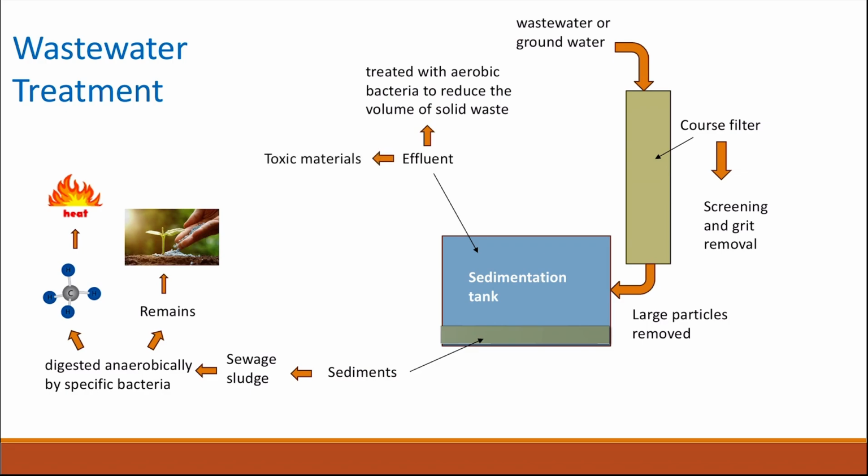Sometimes the effluent that comes from wastewater will contain toxic material and needs to be treated differently as well, either by passing it through chlorine, ozone, or UV radiation for sterilization and purification, where it can be reused as potable water, or by adding chemicals, and these chemicals will precipitate